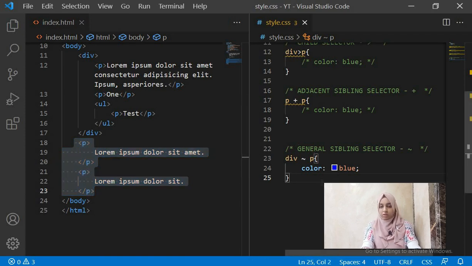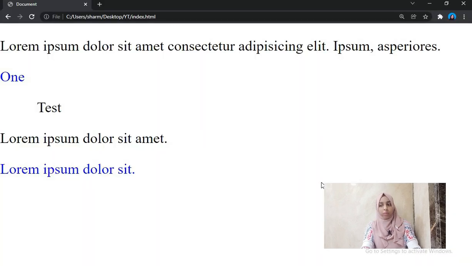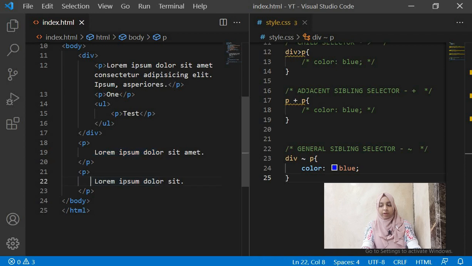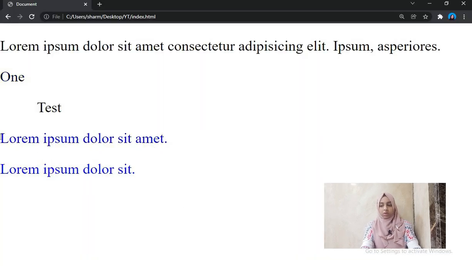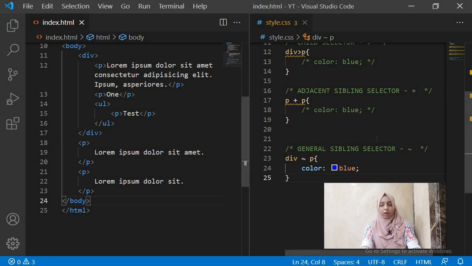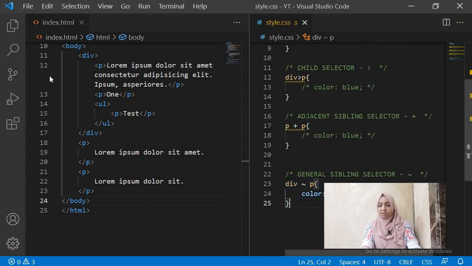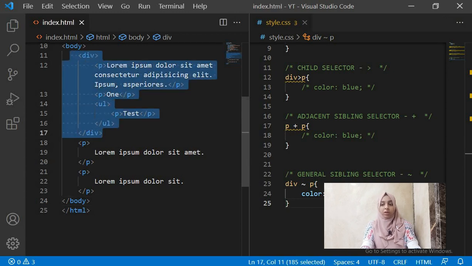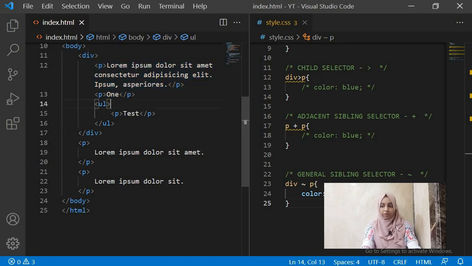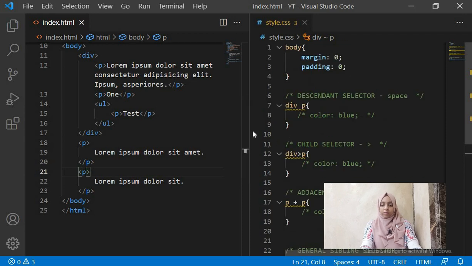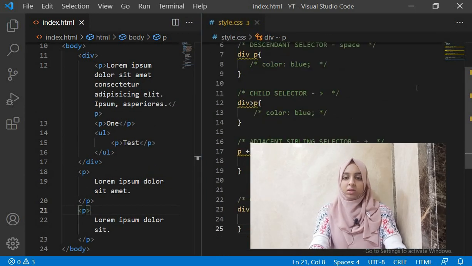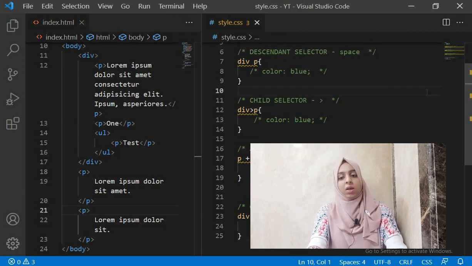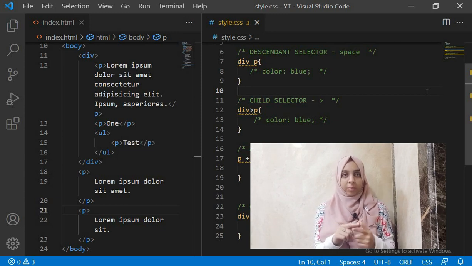When you save this and refresh, who do you think will be blue now? These two dummy texts over here. Can you see the last two dummy texts are blue? What this did is it selected elements which are siblings of our div element. It didn't select any child of it, it just selected the two siblings. So these were the four selectors, the four combinators in CSS. They are not difficult, you just have to understand the concepts. Now let's go through each of them one by one.